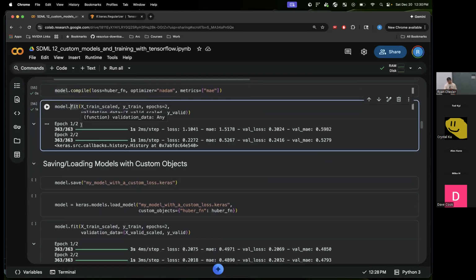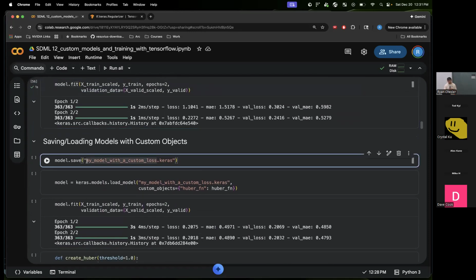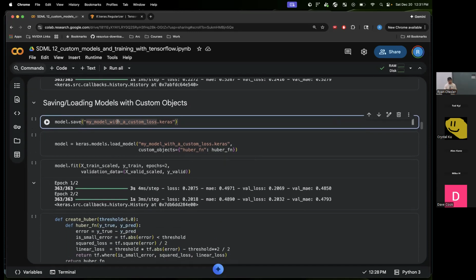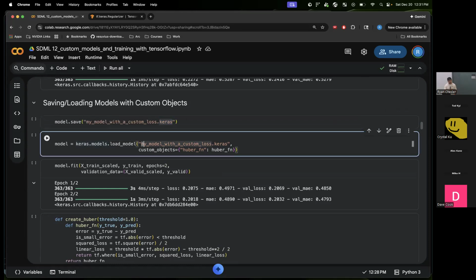So that's the model.fit. And this was one of the pieces that I had to change. They changed from an H5 format to .keras now, I guess, and so I had to swap out some of the saves and the loads. One of the things they're showing that's kind of a rough edge of TensorFlow and Keras, I would say, is that we save this model out, and it doesn't save everything. It's saving the weights, it's saving the model definition, but it's not saving some of the custom stuff that we did. So we save this out, and then when we load the model back up, what they're showing is